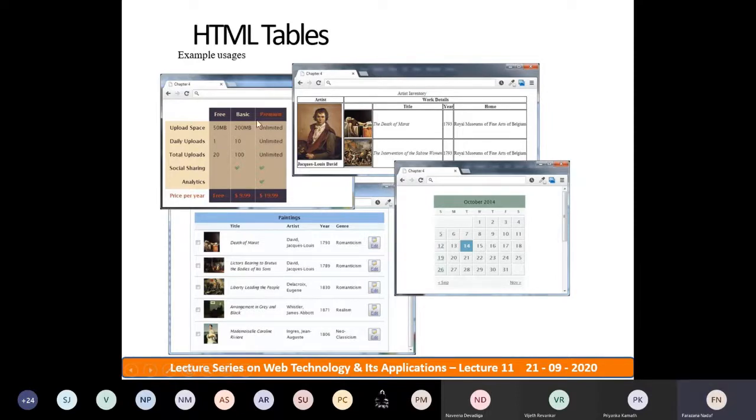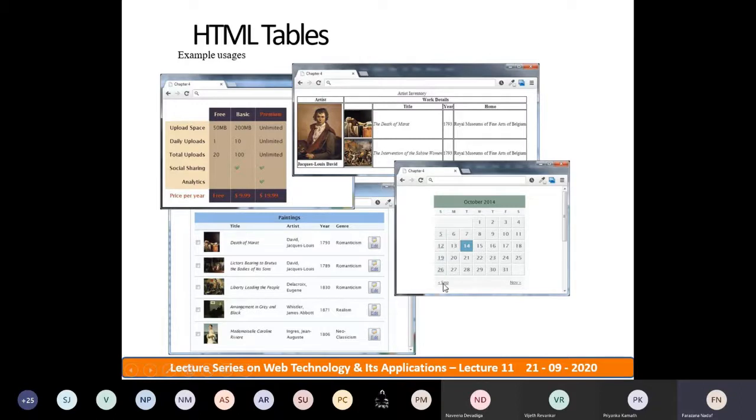There are four browser windows where a set of tables is displayed. In the top one, the calendar consists of seven columns and six rows. You can give the heading of a table. You can use a previous link and a next link.